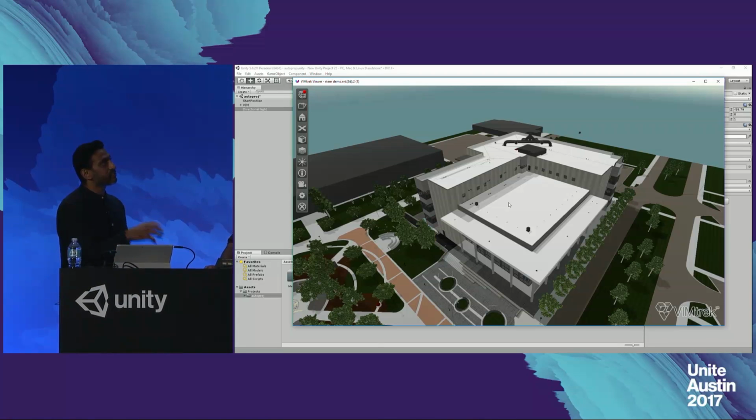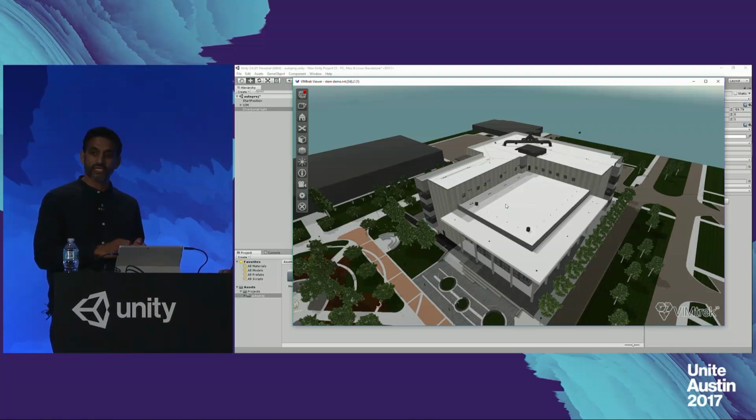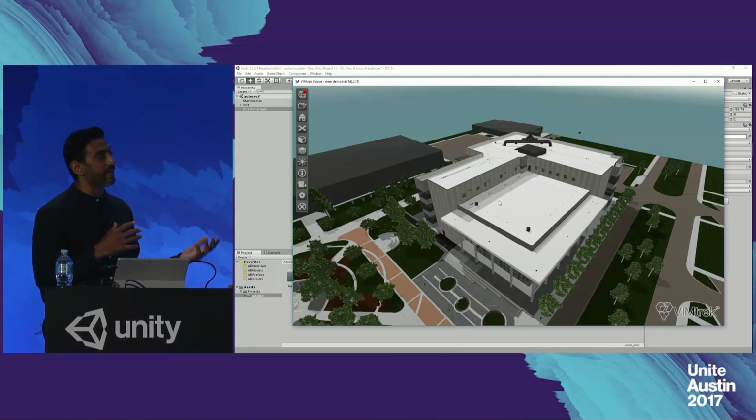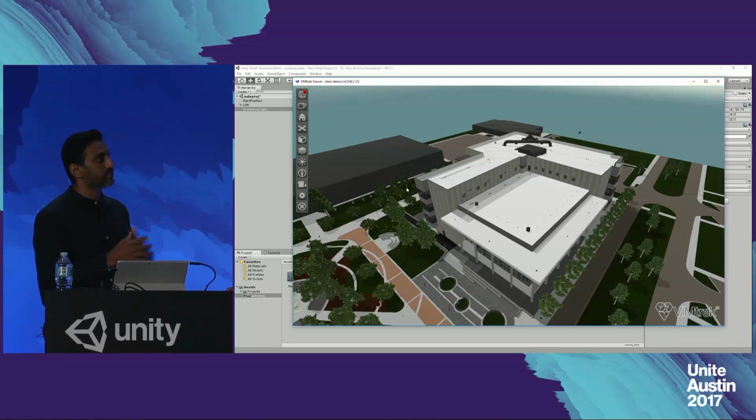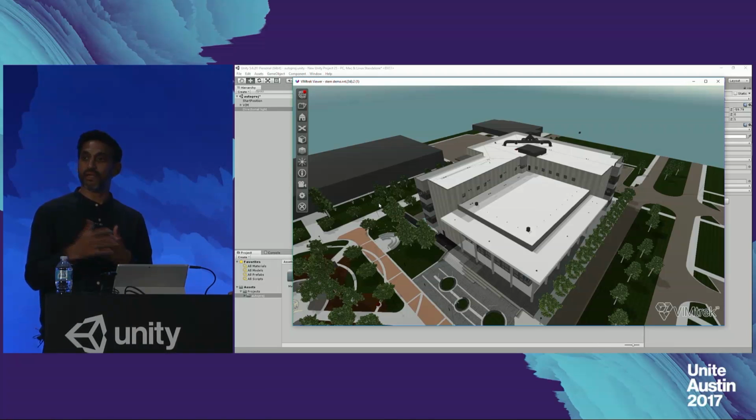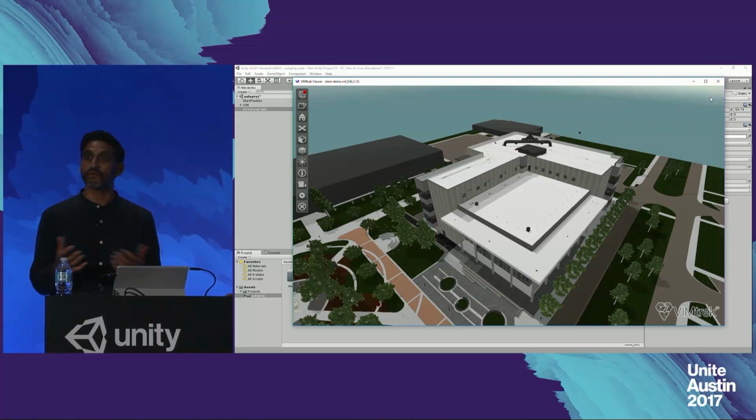So it's not just about it being a viewer. Actually, there are tools in here which allow you to integrate and also interact with certain objects, with all the objects within the space. So you can make transparent objects, you can make part of the building transparent, or you can make it invisible, depending on which section you may want to see or which area you'd like to focus within as well.